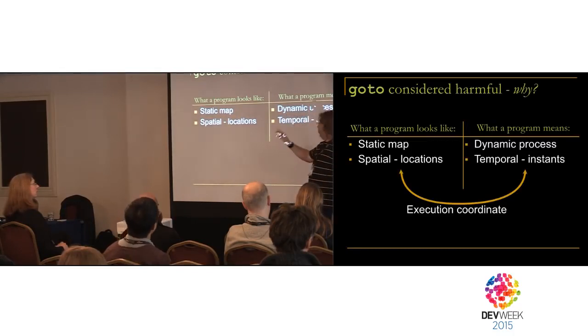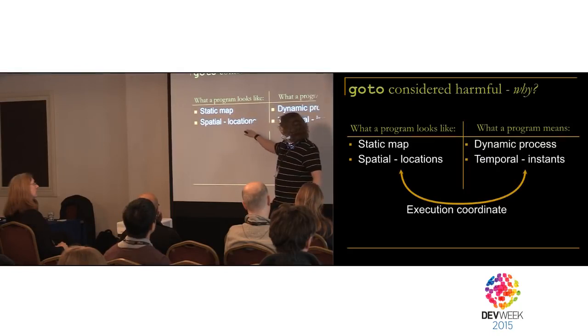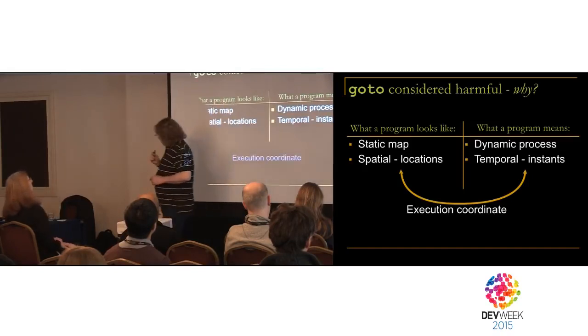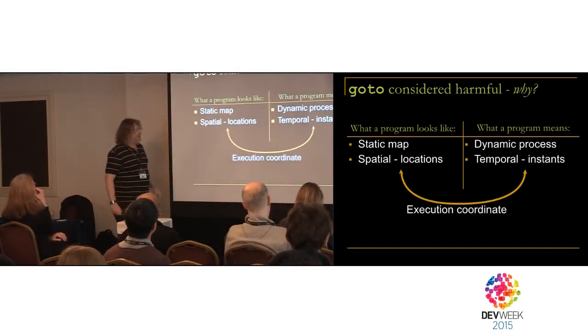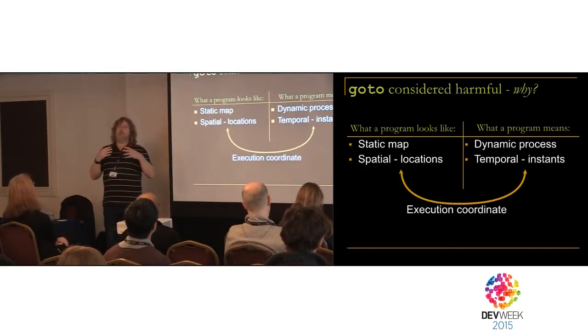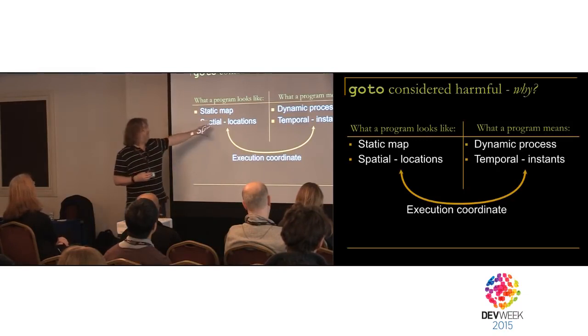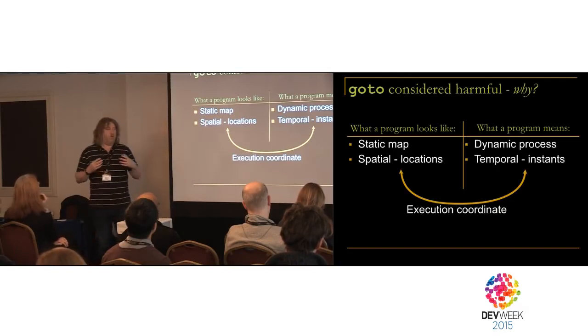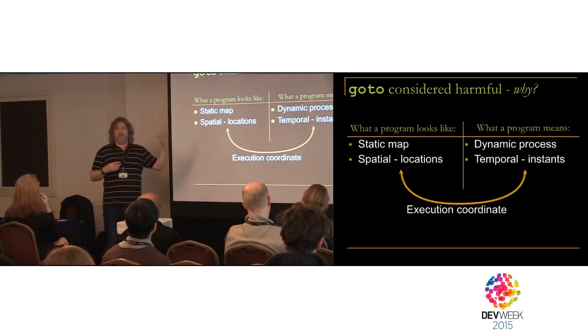So what we're trying to do is control something which is inherently dynamic and changing, which we don't understand, using something which is inherently static and locational, which we do understand. And no wonder that's hard. So what Dijkstra said was this. He says what we need to do is find some language. There's no point getting rid of this because this is how we think. But can we find some language in which we can express both of these concepts at the same time?